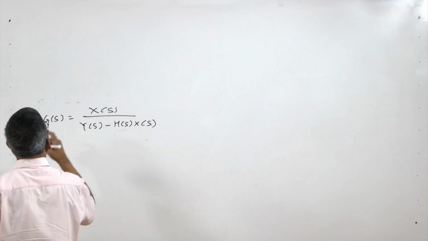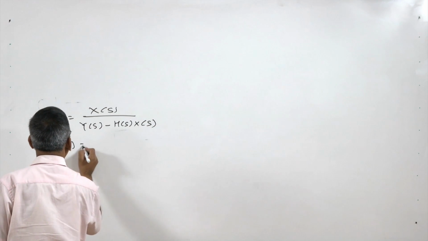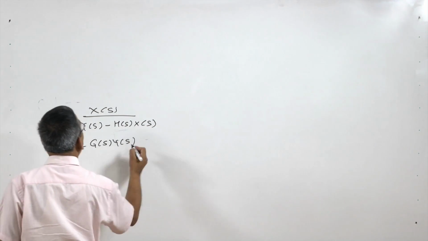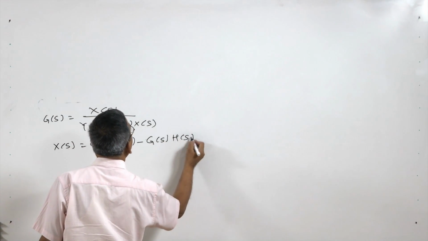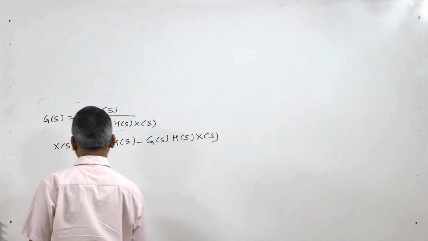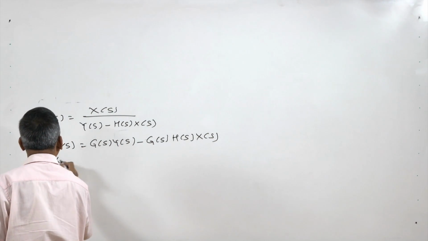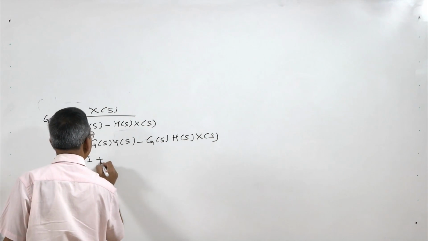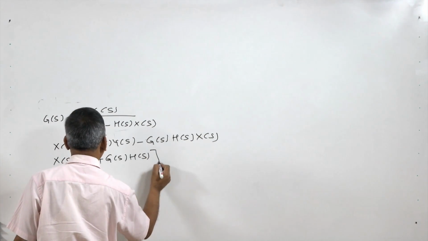So from here I can get Xs as Gs Ys minus Gs Hs Xs. So I can take Xs to one side. So here what I get is 1 plus Gs Hs times Xs is equal to